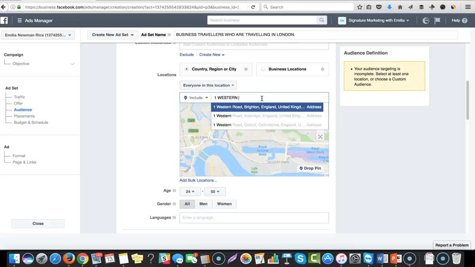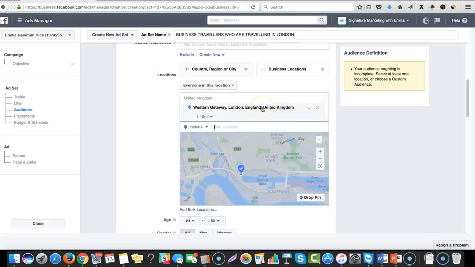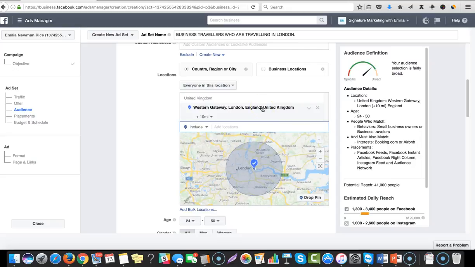One Western Gateway, London. So yep, that's a lot better. That's the street name. And then you could narrow that down to the nearest mile, but I'm going to put,